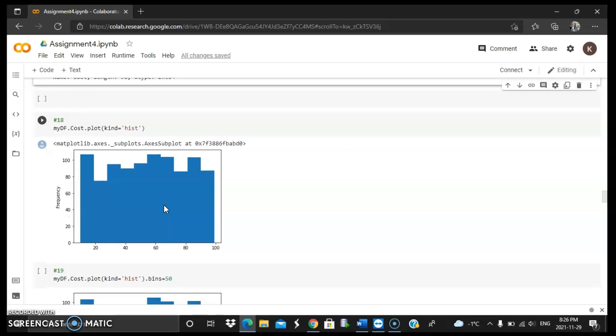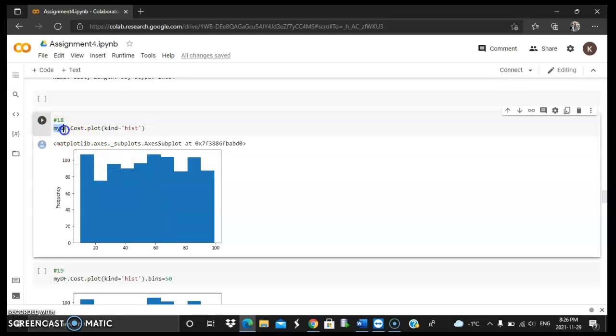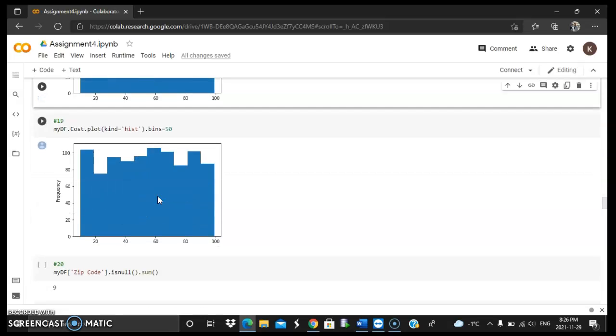It's a histogram. We have to plot a histogram for the cost column. So it's pretty easy. We say mydf, from the mydf we take out the cost, and we plot it as a histogram. Simple as that. Going for the 19th